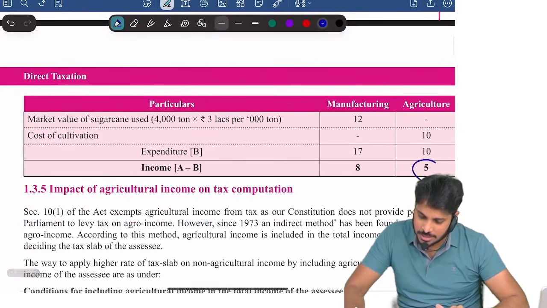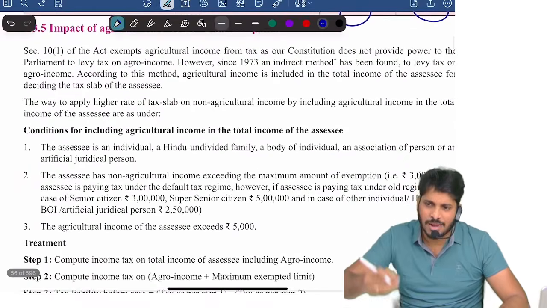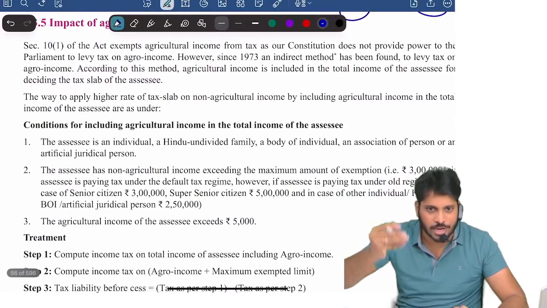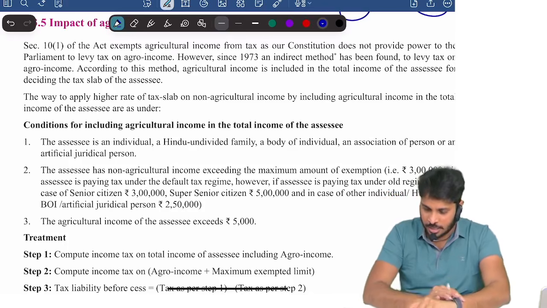5, business income is 8. That's it. Easy. They might have presented in a different manner from what I told. Presentation slightly different. You follow the CMA Institute presentation format only. That's it. Next,